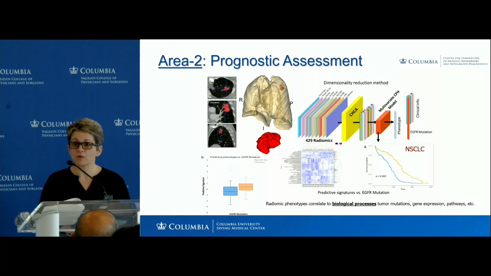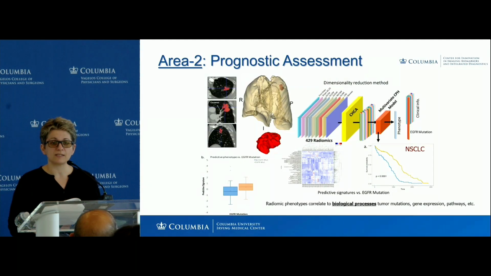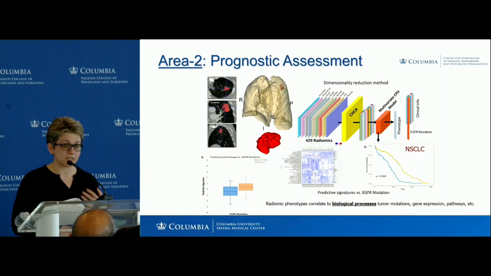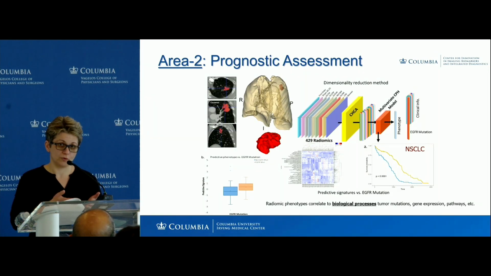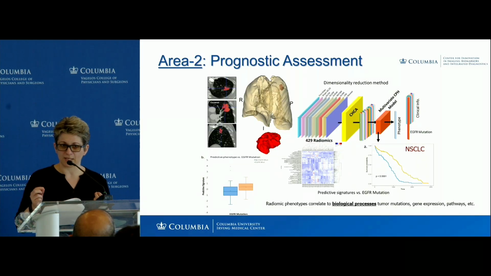And a phenomenon that we're very, very interested in is the phenomenon of tumor heterogeneity. We now recognize that cancer is a heterogeneous disease, not across individuals, but within the same tumor. And so the conventional approach of biopsying a tumor is very limited in capturing that heterogeneity, the spatial heterogeneity of